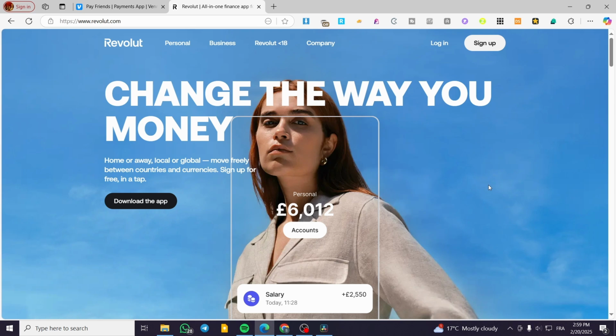So, which is the better one for you? If you only need to spend or send money domestically in the US, Venmo is the better choice. And if you are going to travel, need travel insurance, and often send money internationally, Revolut is the stronger option due to its multi currency support and also lower